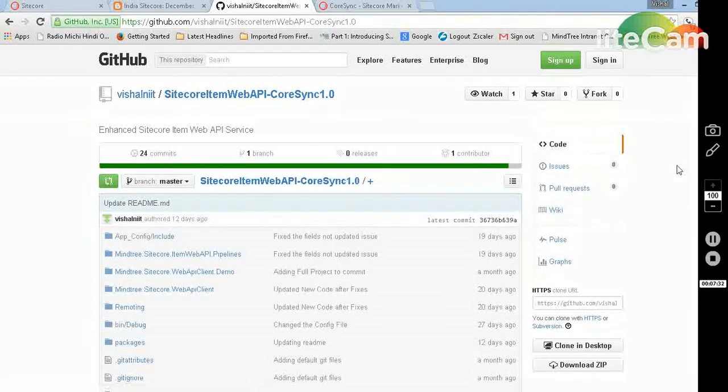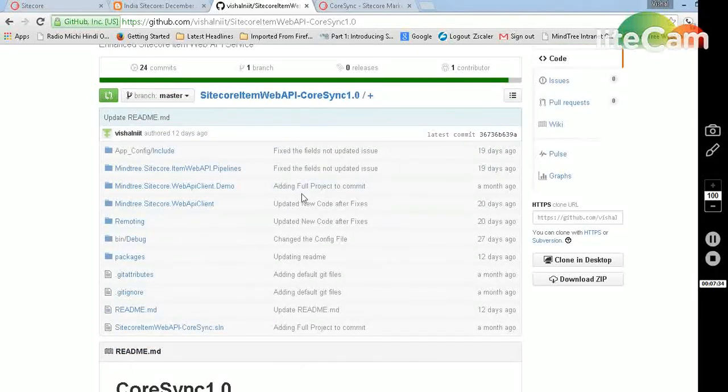Let's go back. So this is the Web API client. This library is basically another wrapper which will allow you to call the web services you exposed in pipelines. And this is another small console application which uses this Web API client, and this in turn calls the services in the host machine. I didn't provide the source code for the CoreSync project itself, because as per my company directive, it's proprietary information and we should not put it out.